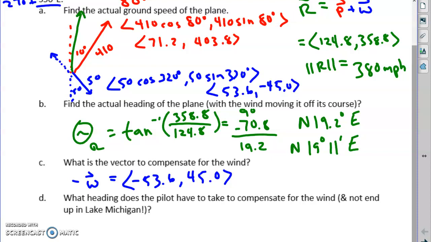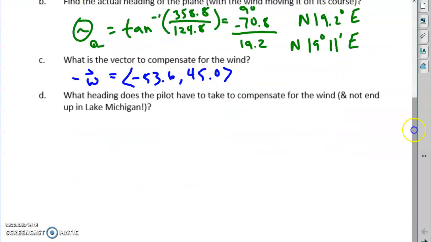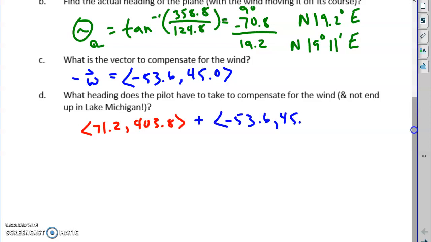That's not the path we'd actually take, so we don't want the magnitude. We just want its heading. What heading does the pilot have to take to compensate for the wind and not end up in Lake Michigan? Well, we're going to take that vector red, which we know to be 71.2, 403.8, and add to it vector negative W, negative 53.6, 45.0. So this compensation vector,